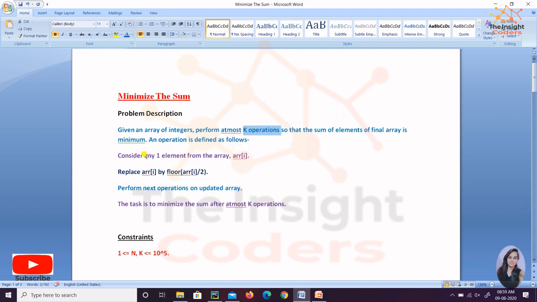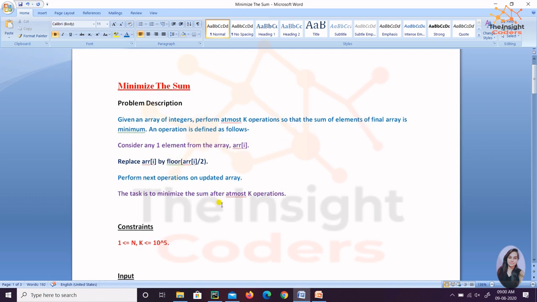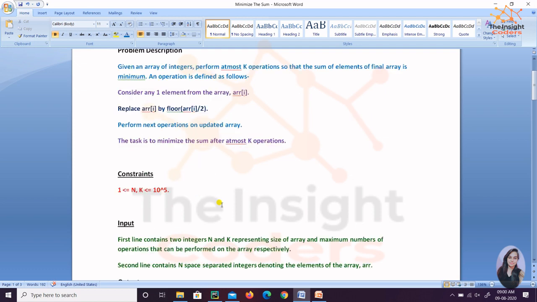In each operation you have to consider one element at a time, replace that element by the integral part of that element divided by 2 (float division, taking the integral part), and insert it back into the array. You have to do it for at most k operations.